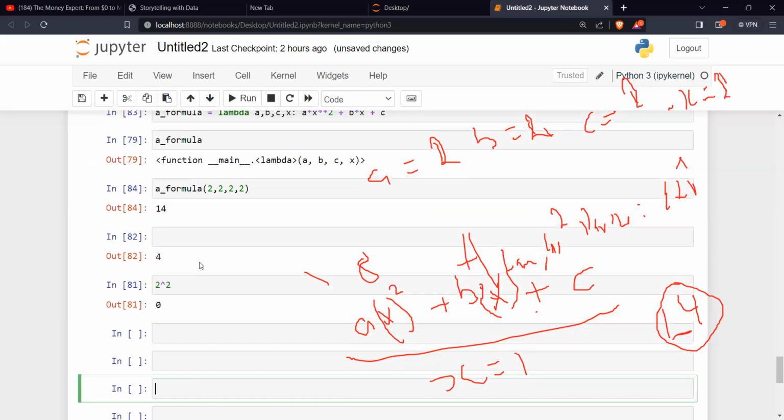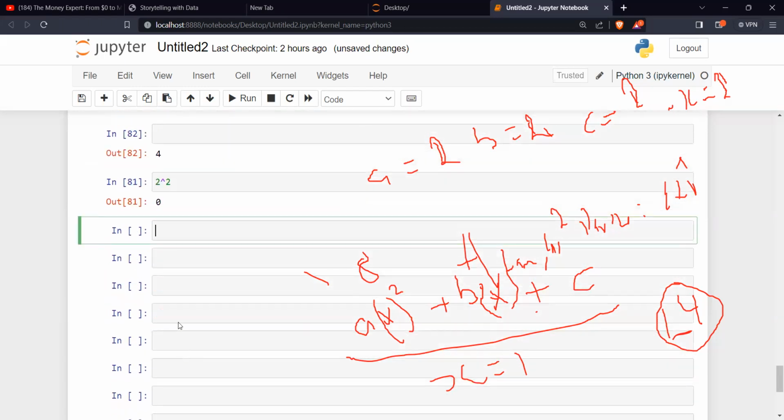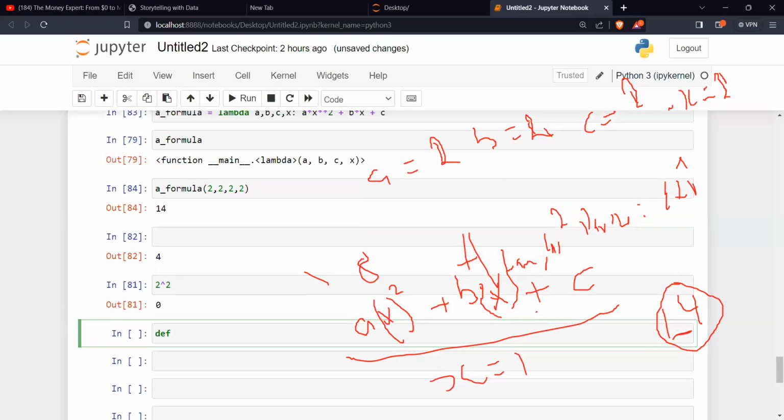So if we have done it like this, there are some instances now. We know our x, and we have a, b, c. No matter how we put it, we can also put a lambda function inside a function. So for example, I say define a formula.